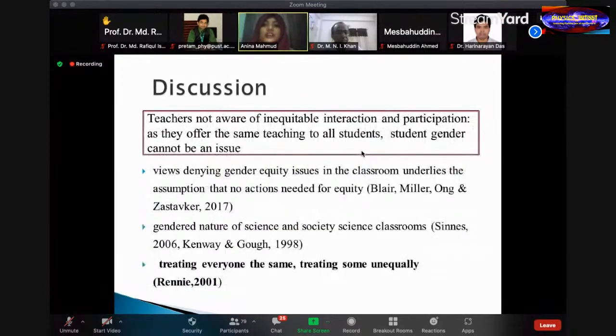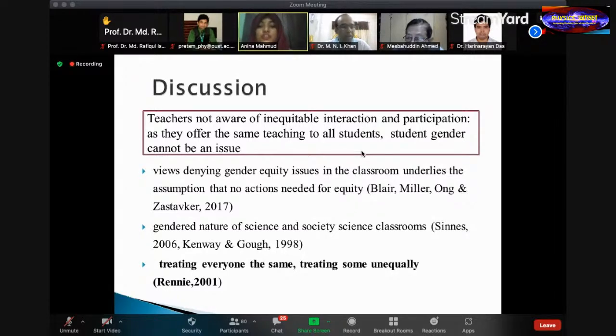That again, and the teachers are not aware of inequitable interest. So why is this problematic? This is problematic because these views denying that gender issues exist in the science classroom underlie the assumption that as gender issues do not exist, we do not need to do anything to address these issues, and this may contribute to gender issues existing in the science classroom, and women being marginalized from science, from higher education science